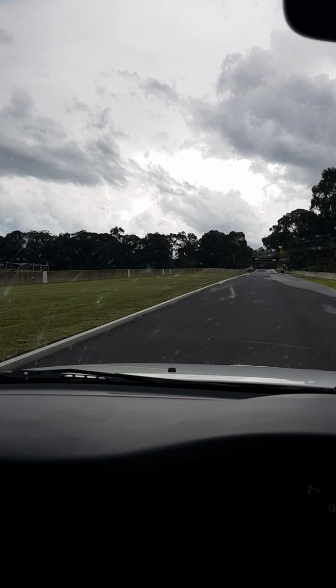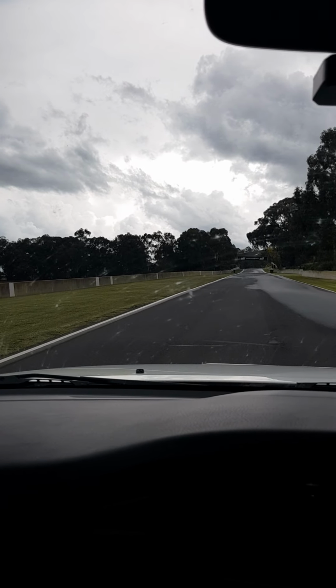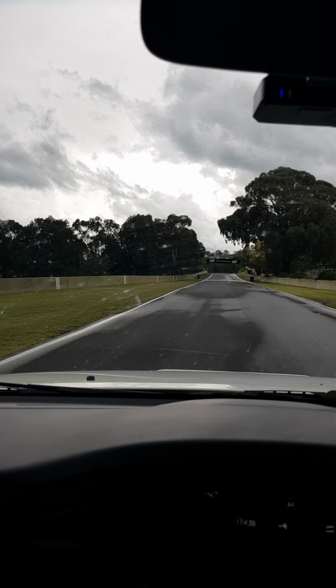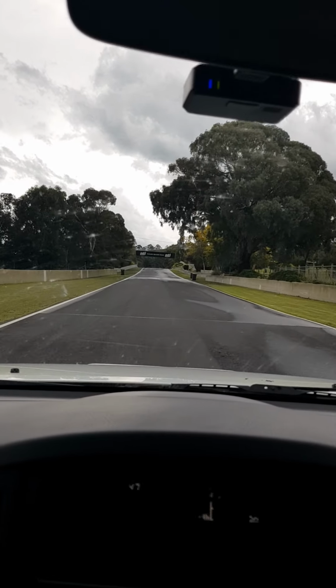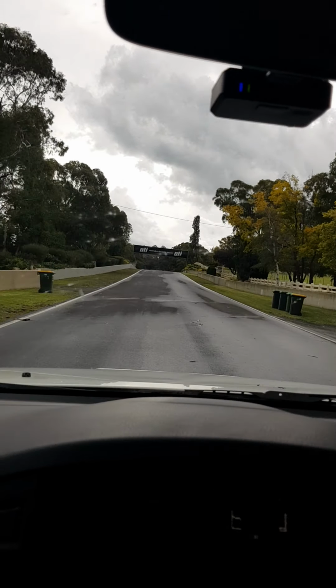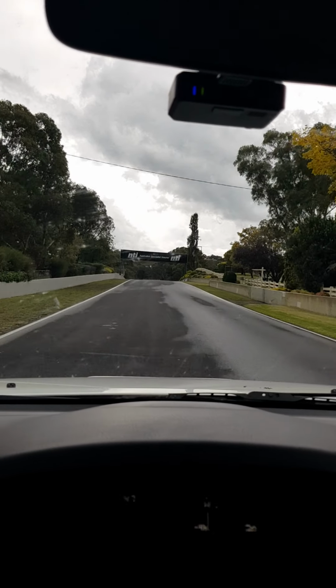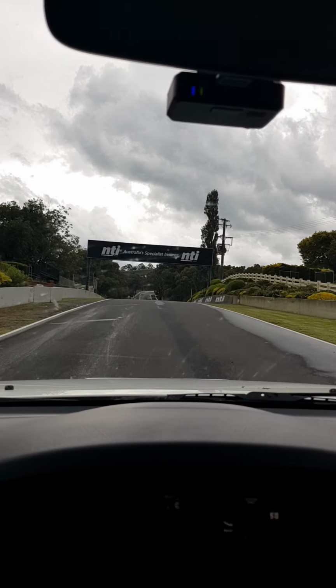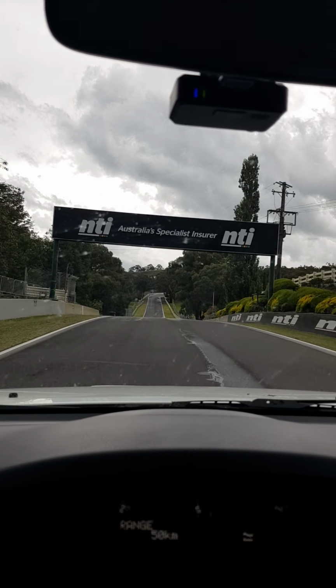Okay. So positioning the car up here, as long as there's no traffic, about the middle. Yeah, middle, just a little bit to the left. A little bit to the left of the middle. We're pretty lucky today actually, because normally you're not allowed to drive the track at all, but because it's not the 1000, they're sending all the traffic one way, so we can actually do this without pleading and begging the